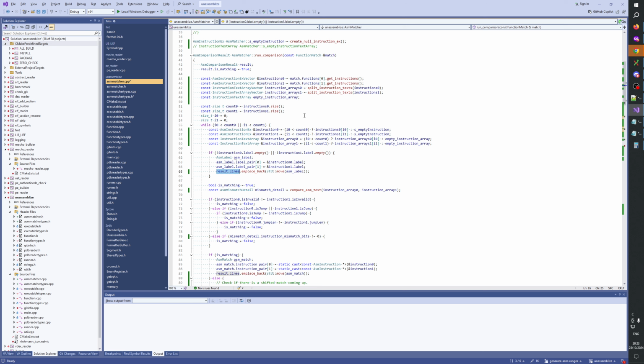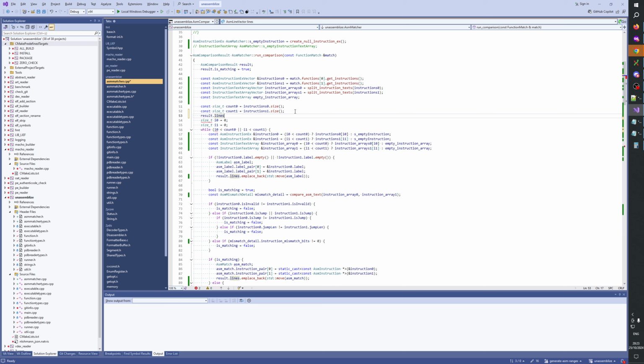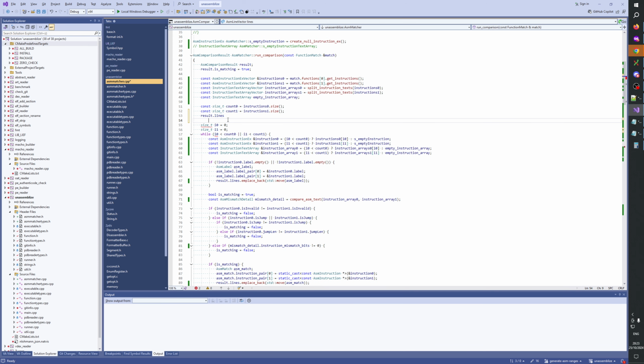We should probably reserve a little bit here. Let's do result lines dot reserve, count 0, std max count 0, count 1, and then multiply it a bit because of the labels, times